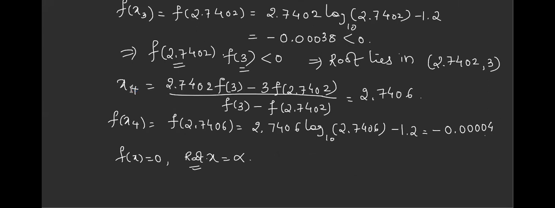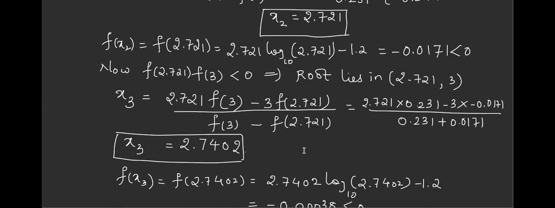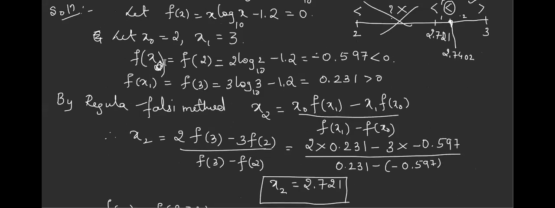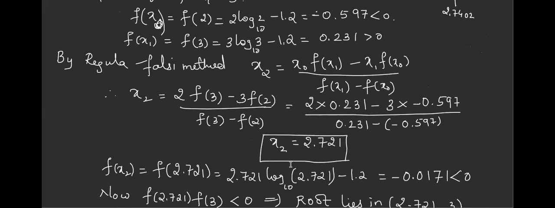Try to understand this point. Now, when you found first, f of 2 is minus 0.597. This is nearer to 0. Agree. Again, comparing to this, is f of 3 nearer to 0 or f of 2 nearer to 0? Ma'am, f of 3. F of 3, obviously. Okay, 0.231. Next, when you have found f of 2.71, what have you got? Is it not again very nearer to 0 compared to these two?